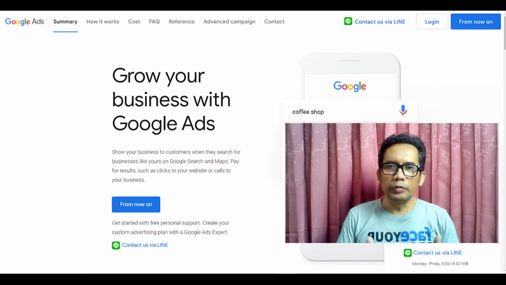With AdWords, you can reach a potential customer in the right place and at the right time, increasing the chance that they will take action and engage with your brand.